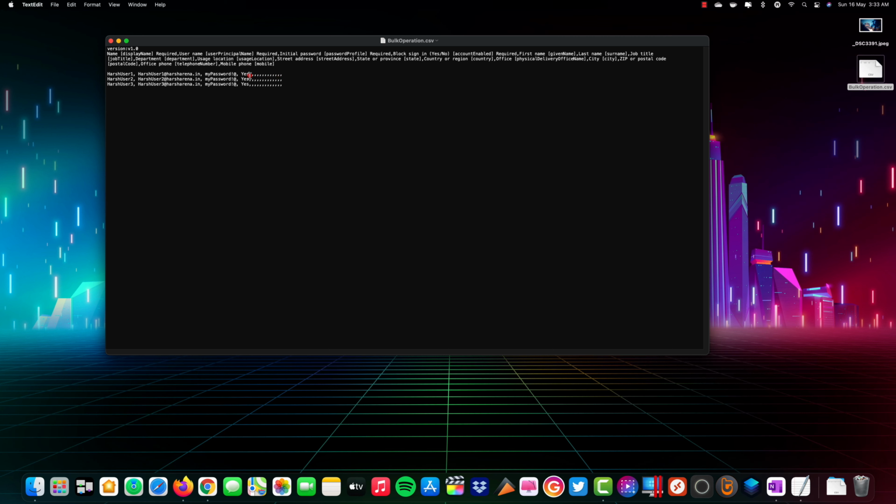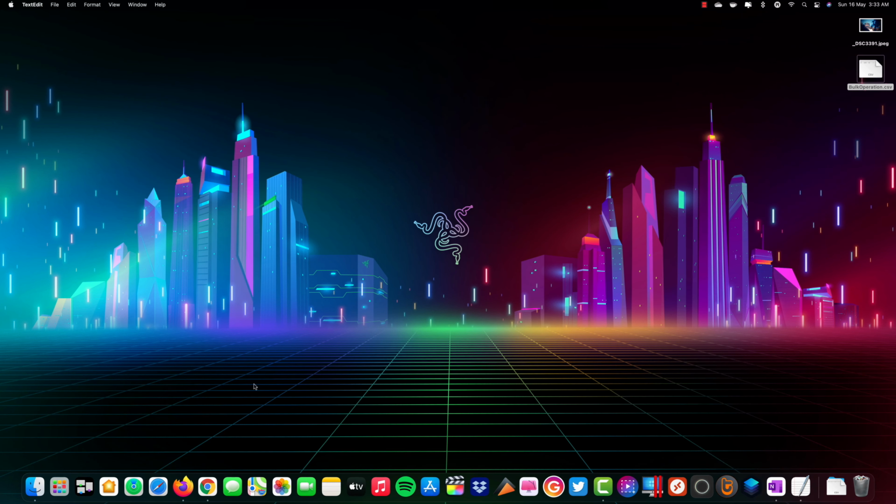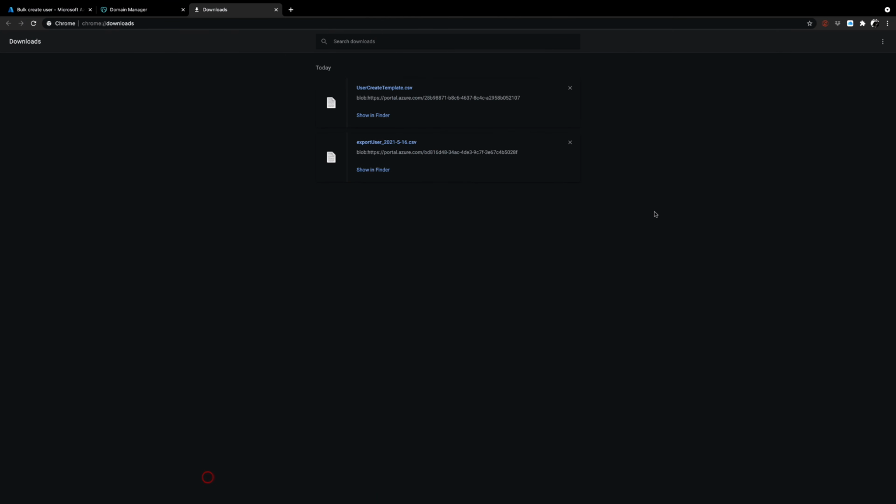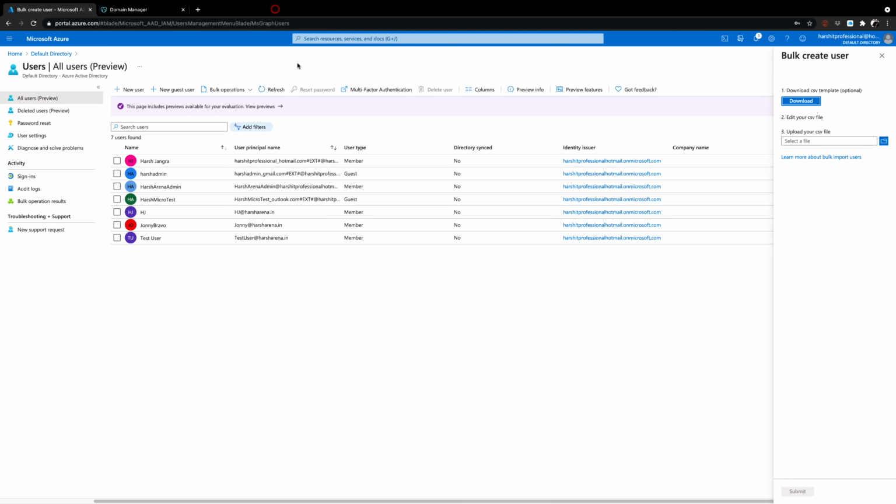Similarly, you have to do the same comma step for all of them. Just change the values like 1, 2, 3 or HarshArena.in, and automatically this file is ready to upload. Now, to ensure that we have successfully done the operation, let me just go back to my page,